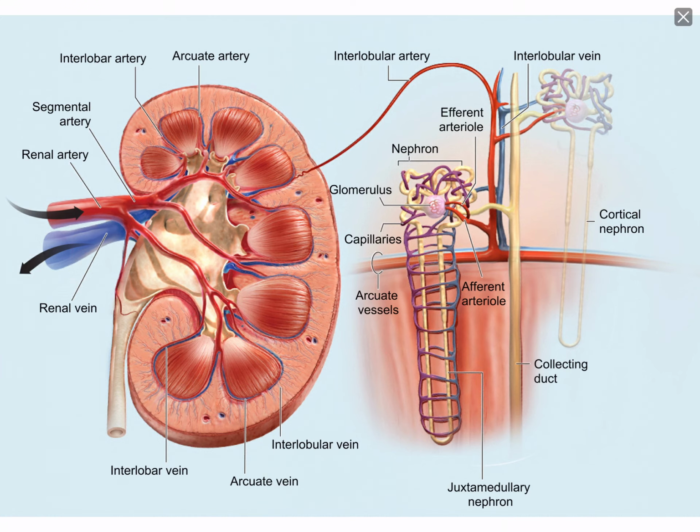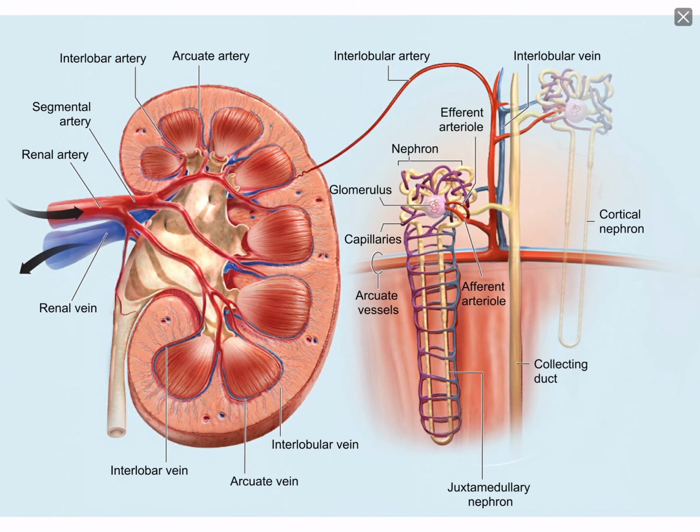Now, those interlobar arteries are going to go in between the pyramids, and they head up and they become arcuate arteries. Those arcuate arteries wrap around the outer portion of those pyramids. From there, we have a thing that we call the cortical radiate arteries. And let's see if they've got that labeled on here. They've got it labeled as